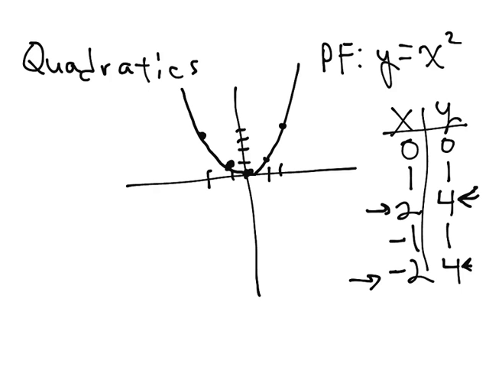The equation we've given you in the basic form will go through the origin 0, 0. Let me put that back on there. Okay, the origin, it will always go through the origin for the very basic y equals x squared. It will always go through the origin. Okay, the vertex,